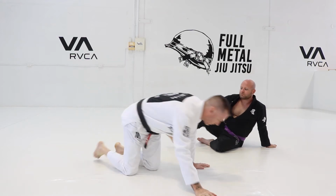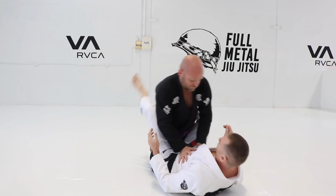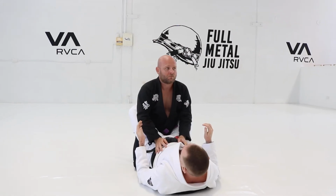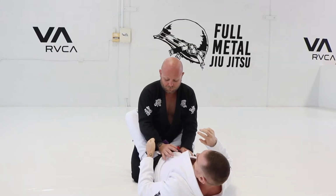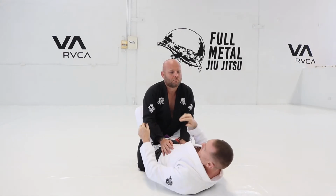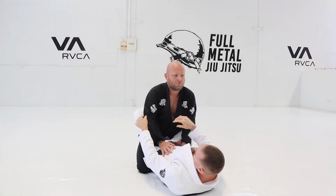So what we're going to do is unlock the gentleman today straight away from the closed guard. The grip today is the standard one, out of the 6 points of the arm lock. But today we're going to grab the material around the elbow joint,